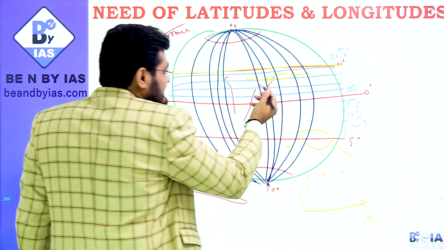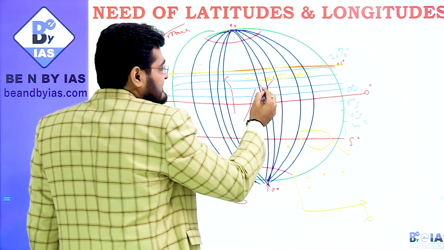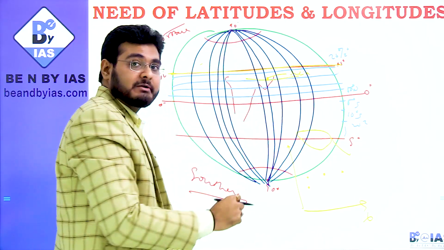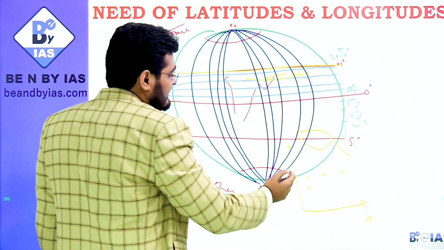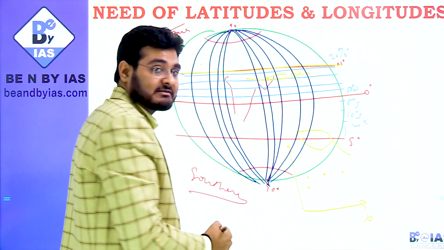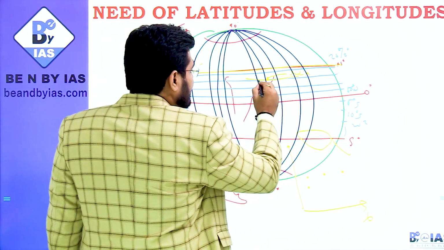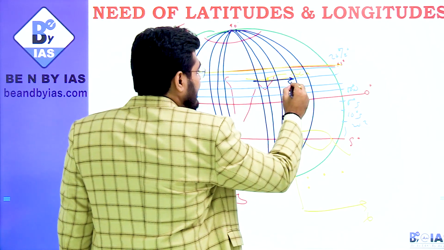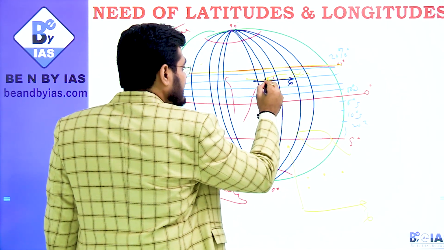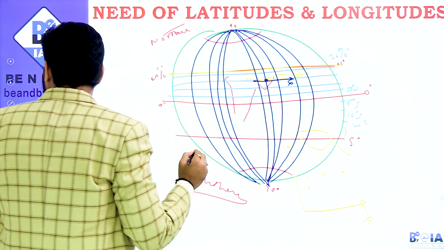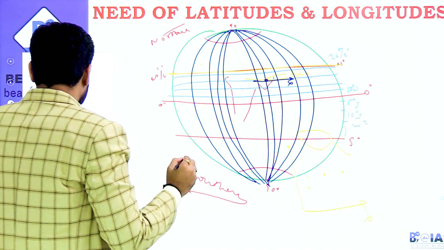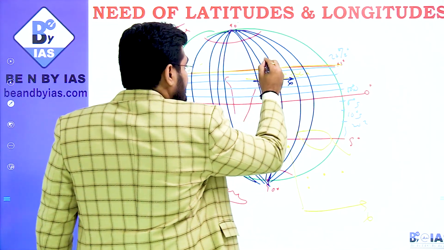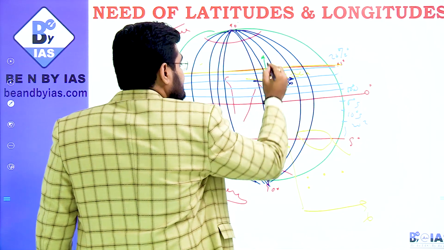Now it is important for you, I think, to understand how longitudes are also important. Now longitudes, you can assume them as your y-axis. So now you have the x-axis. This is your x-axis, and if you want to know the location of this part, you have to know the y-axis as well. Okay, so this is where your y-axis comes into existence.